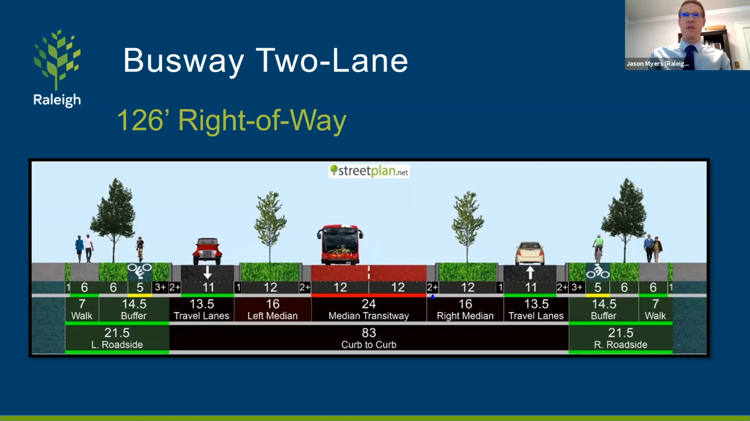So there are 3 different sections. We're calling them busway 2-lane, busway 4-lane, and busway 6-lane. And so these, the 2, 4, and 6, are how many lanes of general purpose traffic there are in that street section. And what's common for all of them is a central median that has 24 foot of pavement for the median transit for the buses to operate on, and curb and gutter to help deal with the